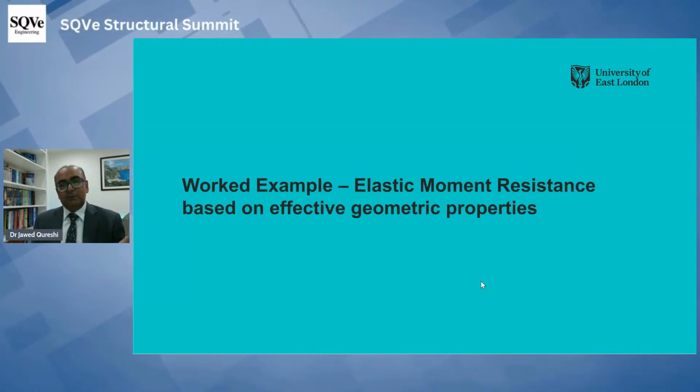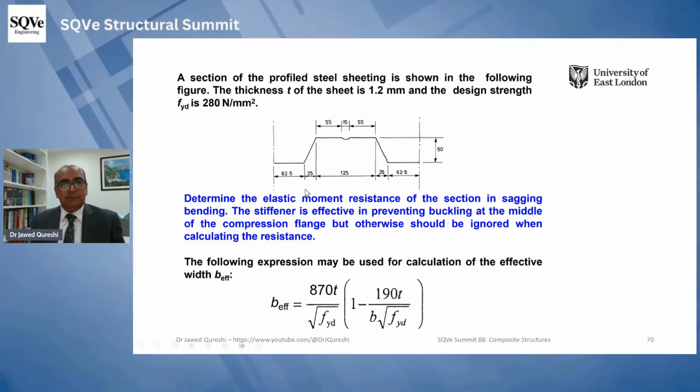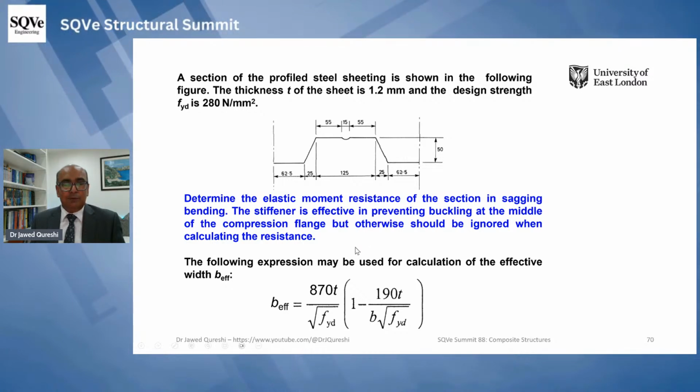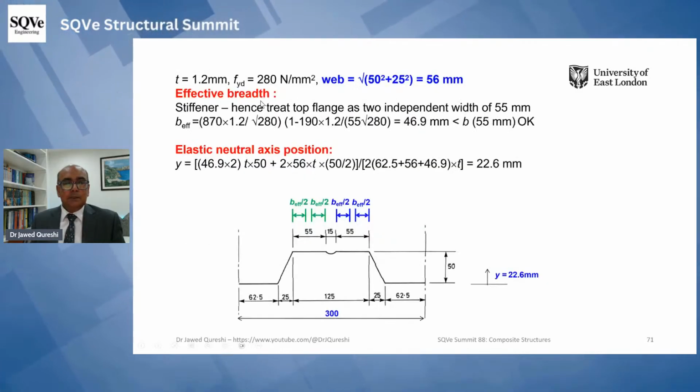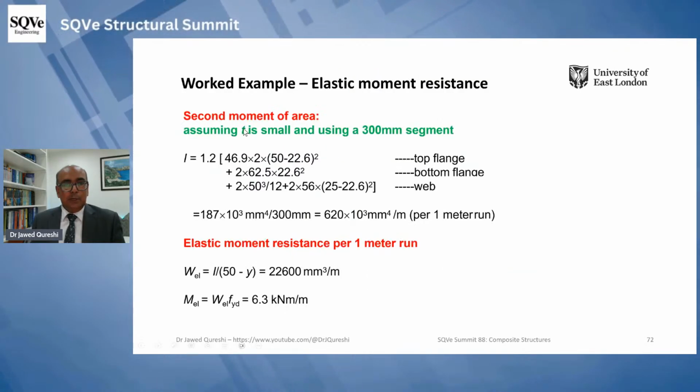You will have a copy of the slides. Bhavin will let you have the slides. Now I will quickly go through. This is the example where we have the sheeting, and we will work out b effective, and from there we will work out moment of inertia, and we will work out all other details. So first we work out b effective. Once b effective is worked out, then we work out the elastic neutral axis using first principles, and from there we get this y value. And once we have this value, then you work out the second moment of area, or in India I think they call it moment of inertia.